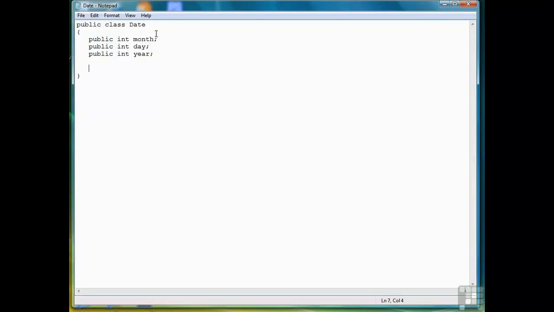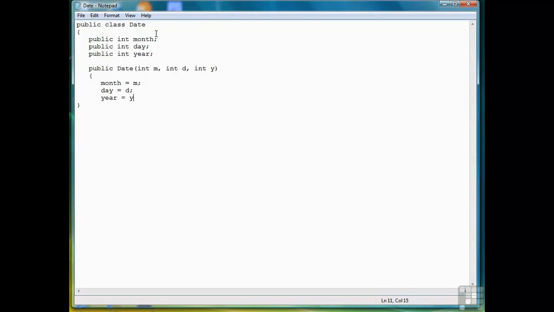After we've declared our data members, we can start with the methods of the class, and usually the first methods you create are the constructors. Let's do that. So our first one will be a constructor that allows us to enter a complete date. So we'll type int m, int d, and int y as the parameters for the function. And then month is assigned the parameter m, day is assigned the parameter d, and year is assigned the parameter